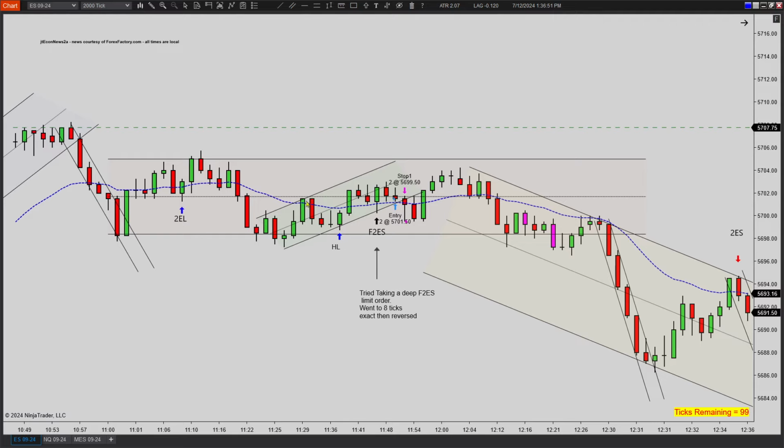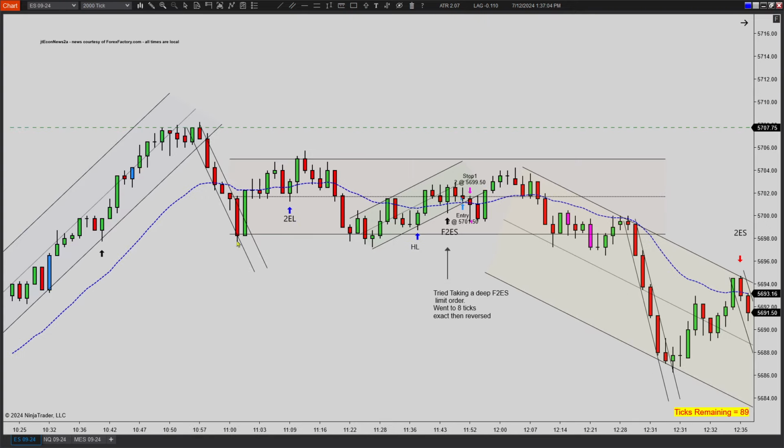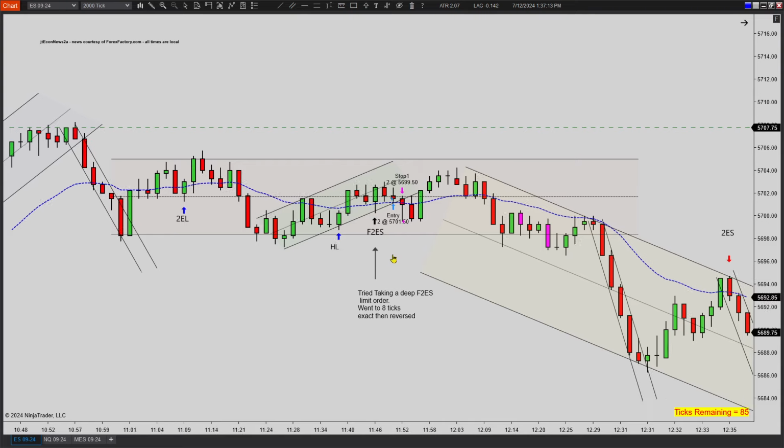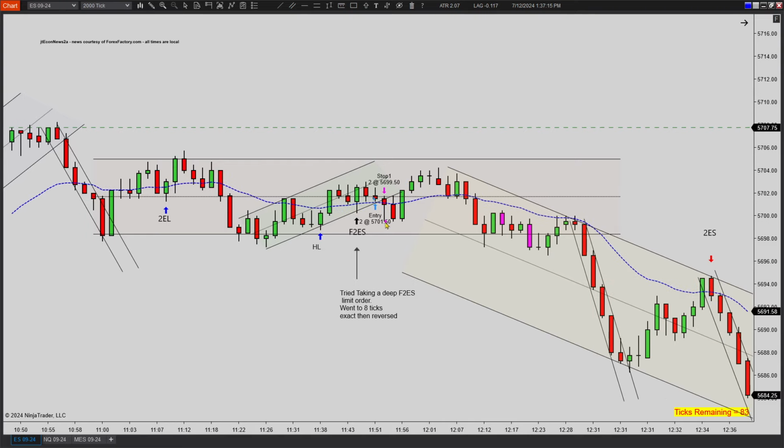And this is where I saw this first entry, second entry short. And I actually got on this bar. And I didn't get on at the top of here, my second entry short. I was patient. I was waiting for it. And I went in with a really deep limit order. Because I still thought this, overall in the day, is very bullish. Like this could just be a pullback. At least a move up to the range seemed reasonable. And I got stopped out exactly on the 8 tick mark, which is frustrating. 3 matching bar low, then it goes higher, and then the 8 ticks where my profit target would have been